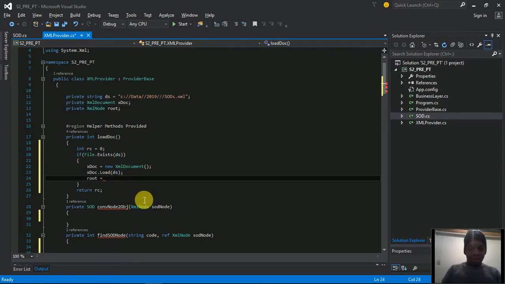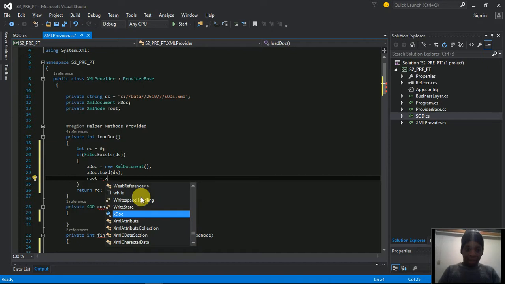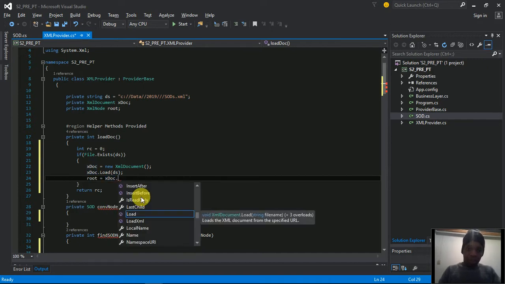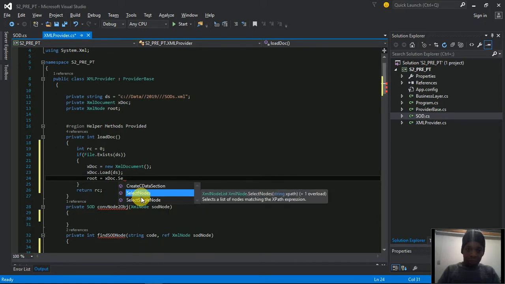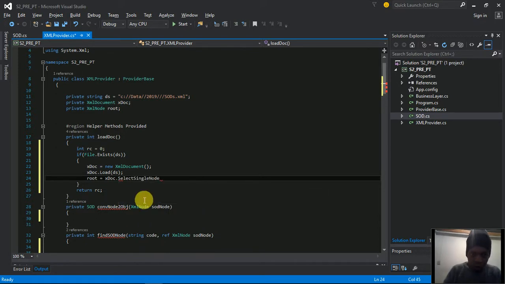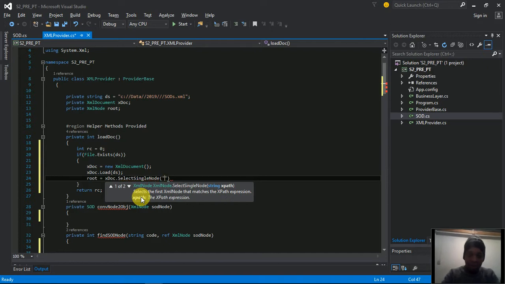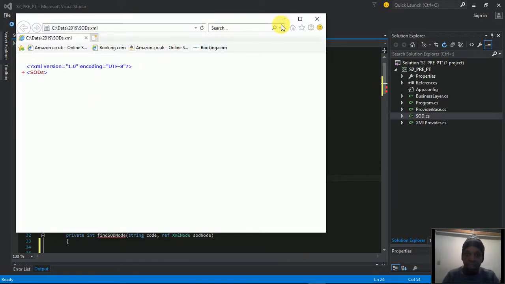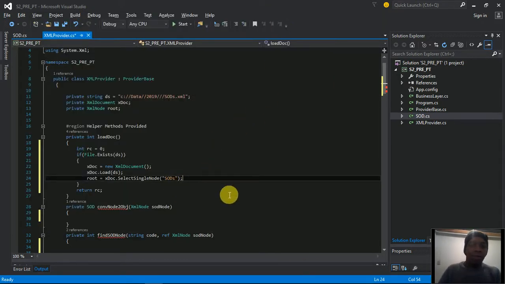Root element equals xdoc.SelectSingleNode. What is this single node? It accepts the name of the root element. Let me check. Let me verify if it's correct. It is correct. Therefore, we are done with our